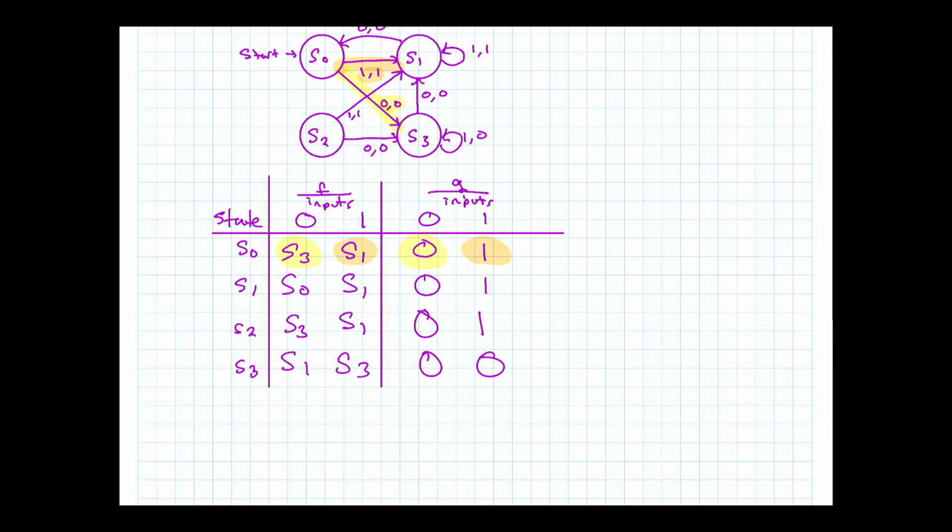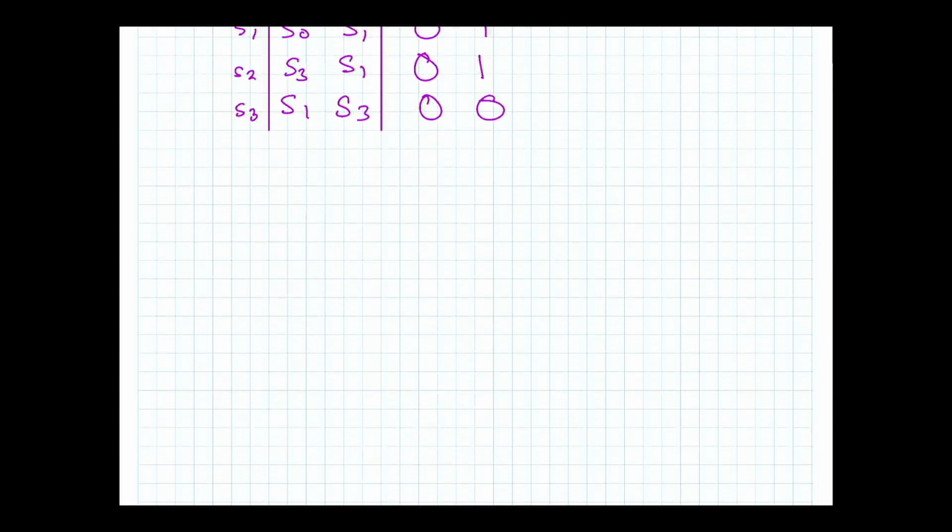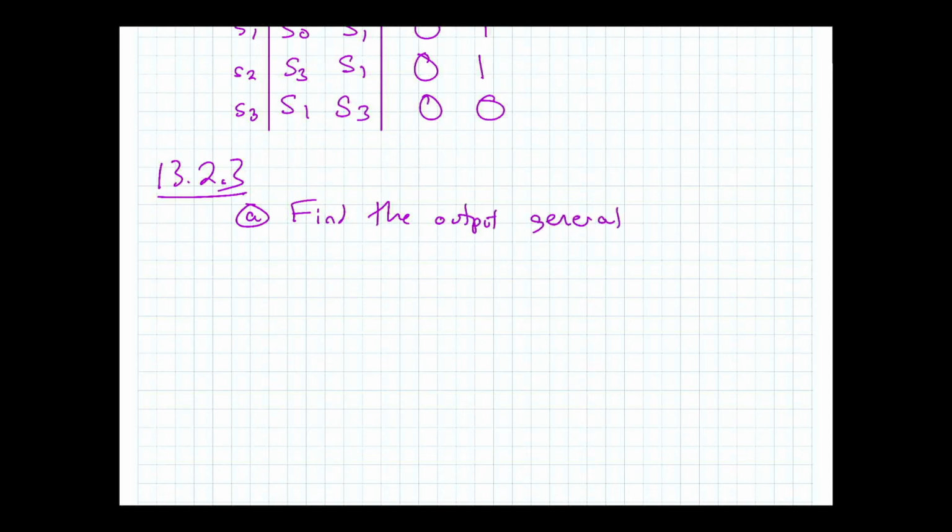Let's see, what else can we do? Oh yeah, so I mean we can talk about this. So let's do 13.2.3 A, just A here. This is a different type of question. So they say find the output generated by input 0, 1, 1, 1, 0 for the state machine